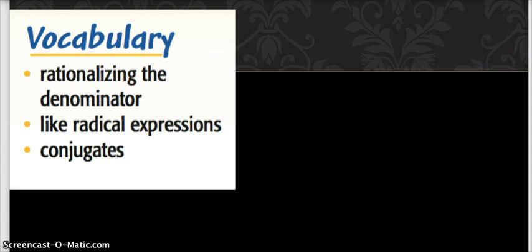Algebra 2, Section 5-6, Radical Expressions. So vocabulary for this is going to be pretty important. We have a concept here called